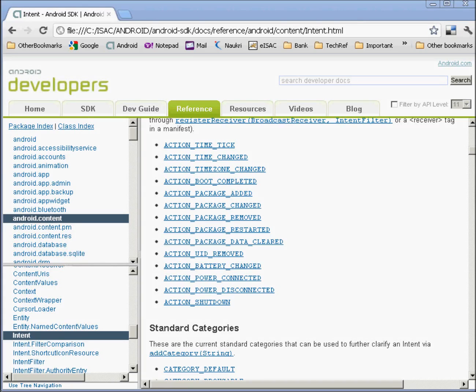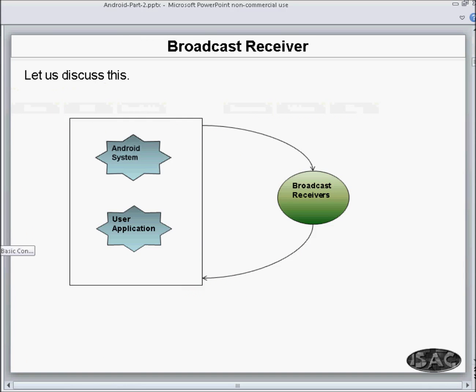Okay, so what we were discussing is how we take care of various kinds of broadcast events. We have seen that when we say somebody is broadcasting, it means somebody is sending an intent with an action. That intent with an action can be sent by a user application. So either this can send a broadcast